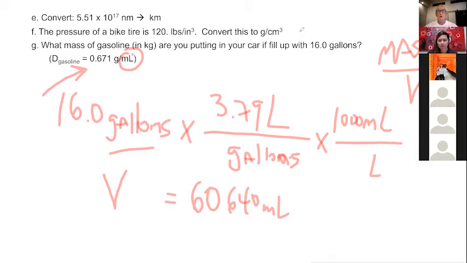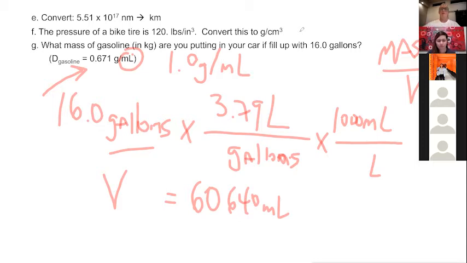What's the density of water? 1.00. That's right. Water is 1 gram per mL. So is gasoline going to float or sink when you mix it with water? Well, it's going to float, exactly. So we've got